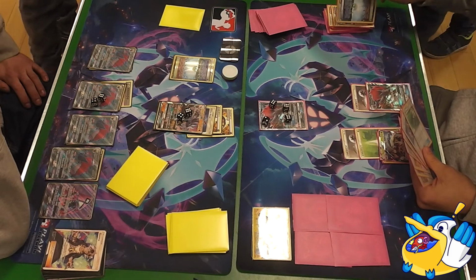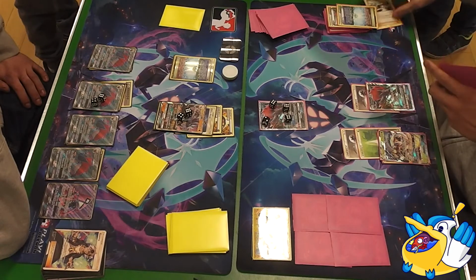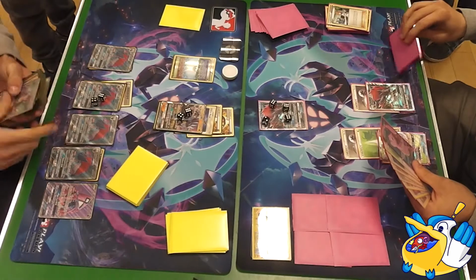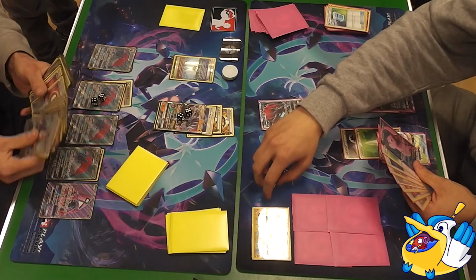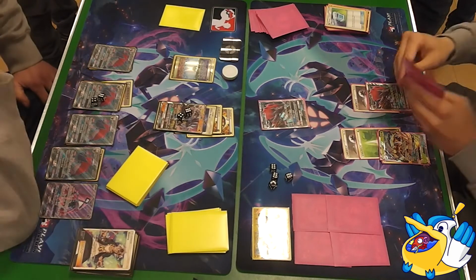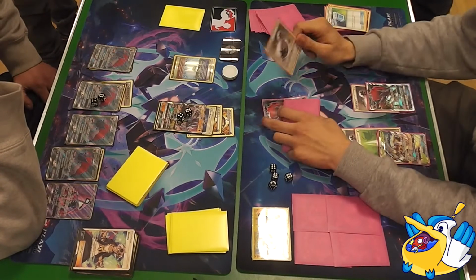So let's have a look. So he's gonna possibly trade away a Parallel City, and he's drawn the Max Potion, so he's probably going to use the Max Potion on this active Zoroark, so it doesn't take any damage. So here, completely changes the game having that Max Potion in his hand, because he's able to actually attach now